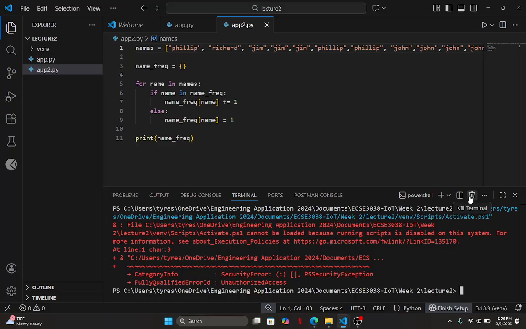Oh, it should work. That error came up because of something with your laptop. It says scripts are disabled. Okay, I have a tutorial on how to fix this. I'm going to have to do it now. Because you have WhatsApp on your laptop, I'm going to send a link.